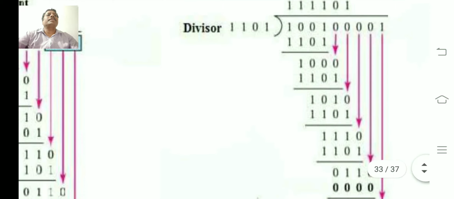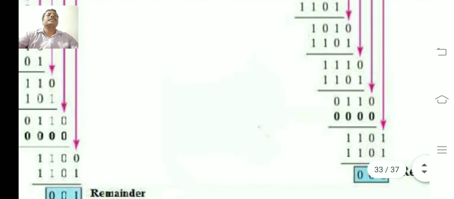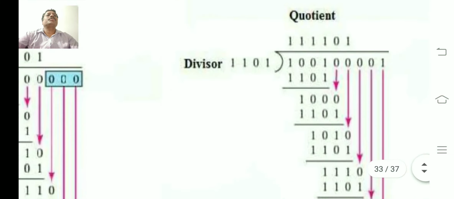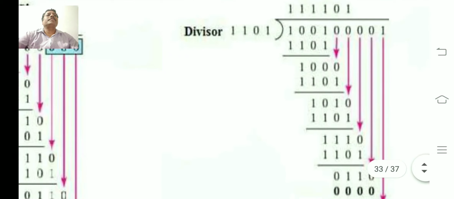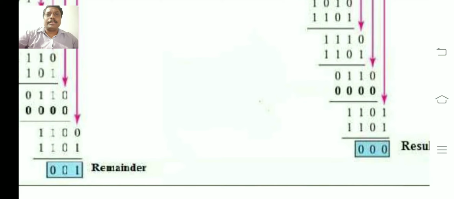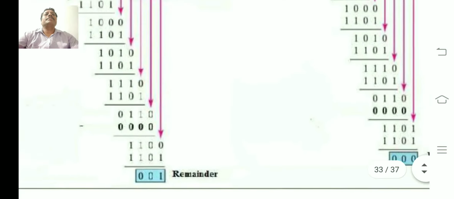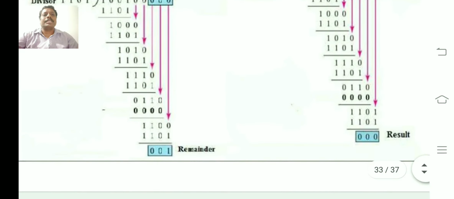Repeat the process until the division is completed through the last bits. Then finally we get all the bits as zeros. It means that no error occurred while transmitting the data from source to destination.